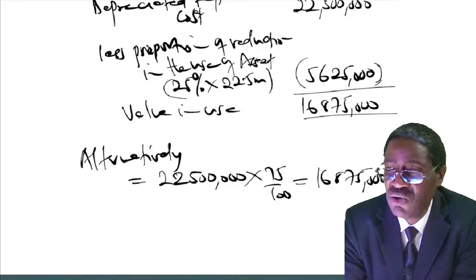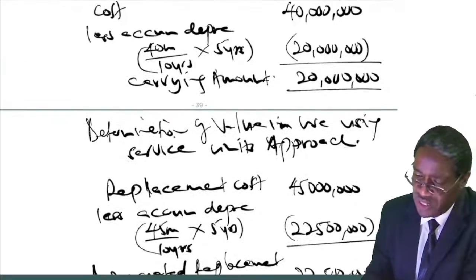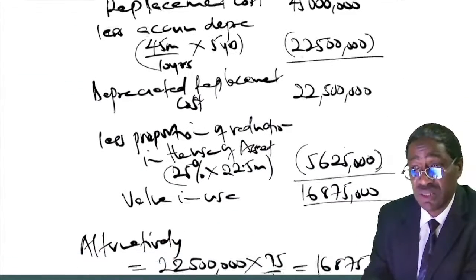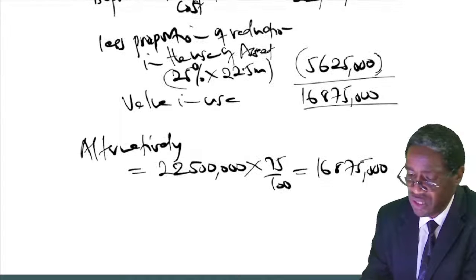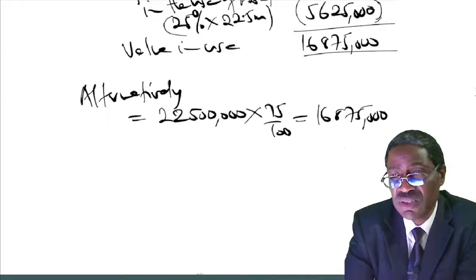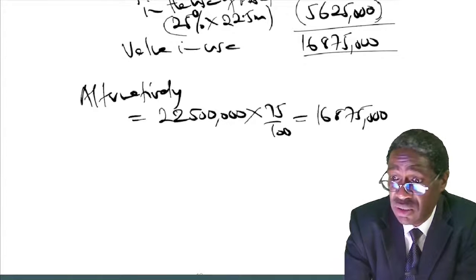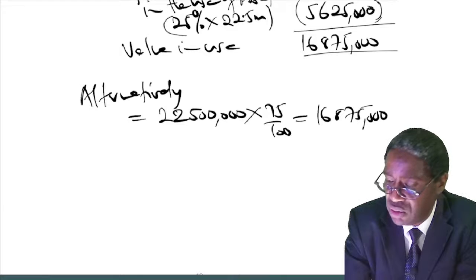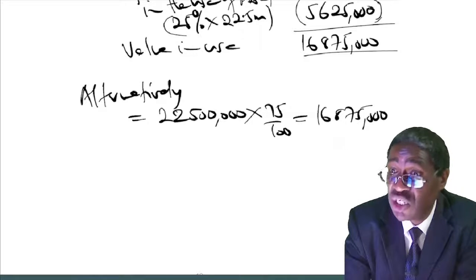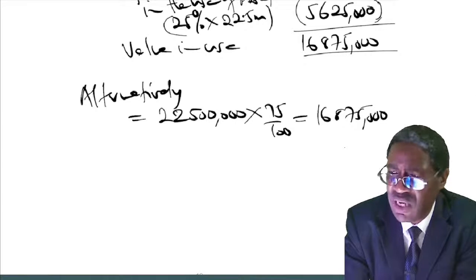Good. Now we can conclude whether it has suffered. Obviously, it looks like it has suffered because the carrying amount was 20 million. Now you can say this, the paragraph. Comparing the carrying amount of the machine, shillings 20 million, with its recoverable service amount,